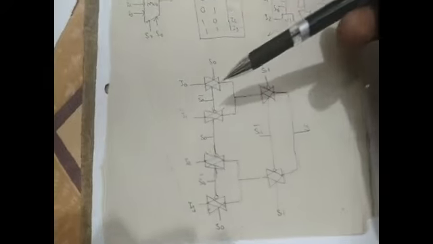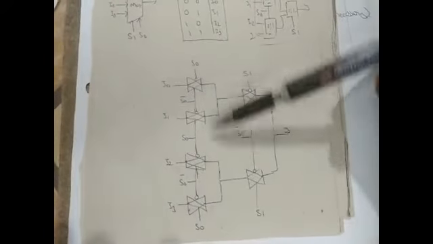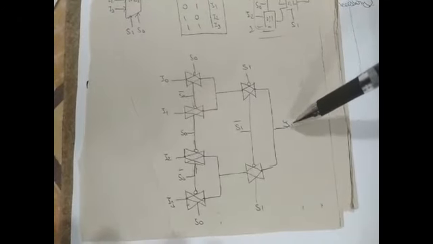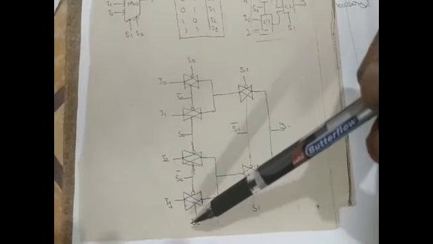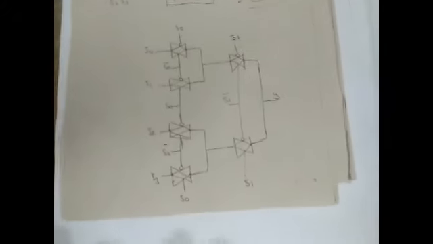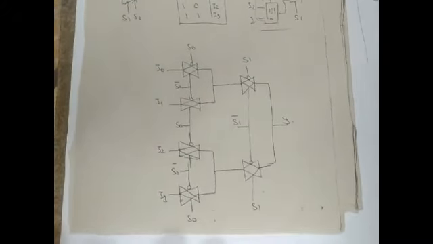What does the overall structure look like? The 4:1 mux has been designed using 2:1 muxes. In this fashion it has been considered and the connections have been made. If you go on working, you will get the output. There are four inputs: I0, I1, I2, I3, two select lines S0 and S1, and O is the output. So this is the simple design of a 4:1 mux using 2:1 mux. This is the connection of your transmission gate of